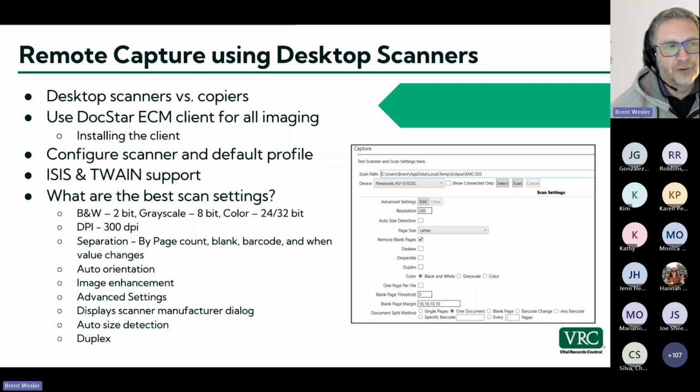So when you are capturing, and we're going to go into some of these settings, you can see that settings dialog here. This is in the client itself. There's a lot of different settings here. Okay, so first, we prefer black and white. If you're scanning documents, black and white is a 1 or 2-bit document. If you have to scan in color, that's fine. You're just going to be chewing up a lot more storage space. So any type of color scan is going to eat up probably 10 to 20 times larger a file than